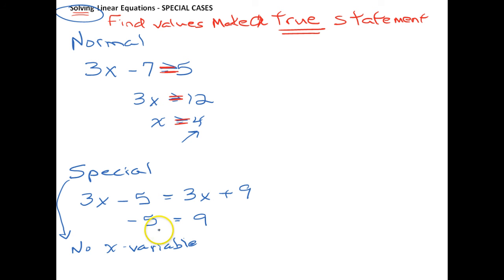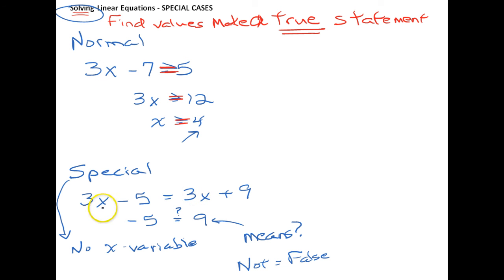And your job is to decide, well, what does this mean? Well, you look at this. Is negative 5 equal to 9? Is it or not? No. So it's not equal. So this is a false statement, which means that no matter what number you put in for x, even if we could find one, no matter what it was, if we were to plug that in,